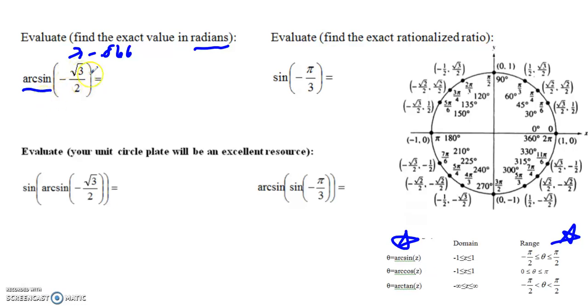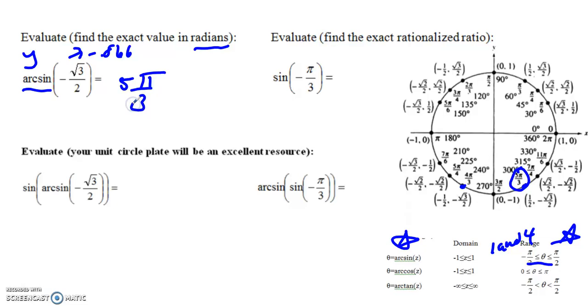Arc sine, we're given the ratio. We're asking where is the y value, what angles have the y value -√3/2. This is similar to the last video. It is true here and also here. So there are two possible answers, but arc sine is restricted between -π/2 and π/2, or in quadrants, again, 1 and 4. So the angle that makes sense is